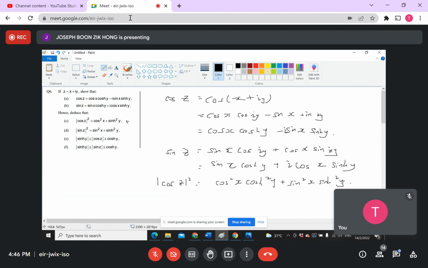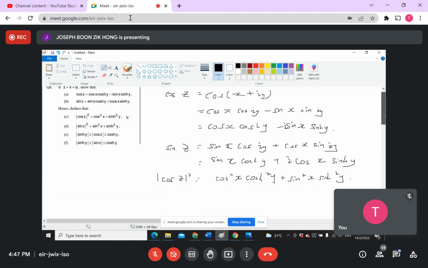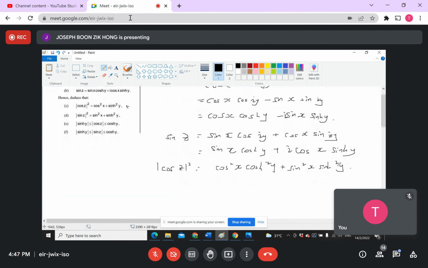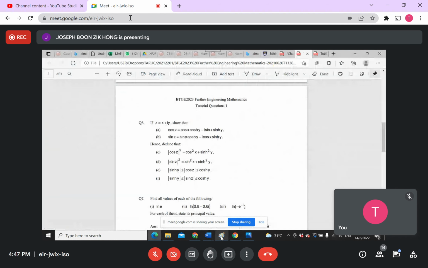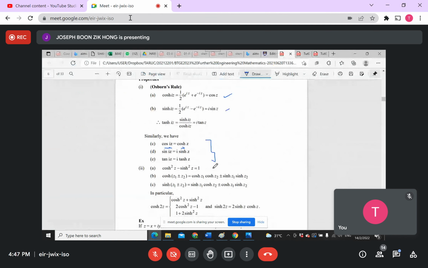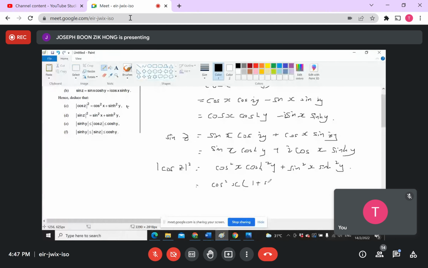Okay, so what we do here, since I still have this one, I try to substitute this one. So cos square y will become 1 minus sine, is it? I'm not so sure. 1 plus, okay? 1 plus. So cos square y is 1 plus sine. Okay, sorry. 1 plus sine hyperbolic square y, and then plus sine square x,